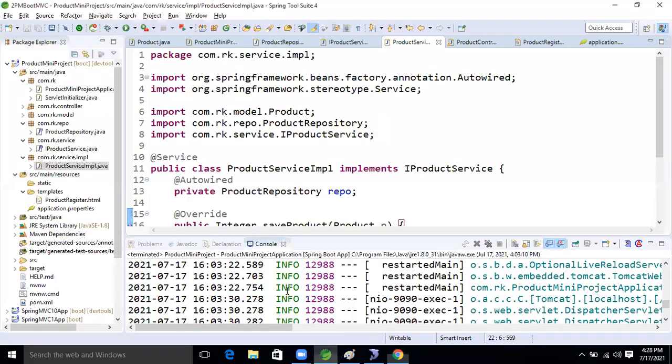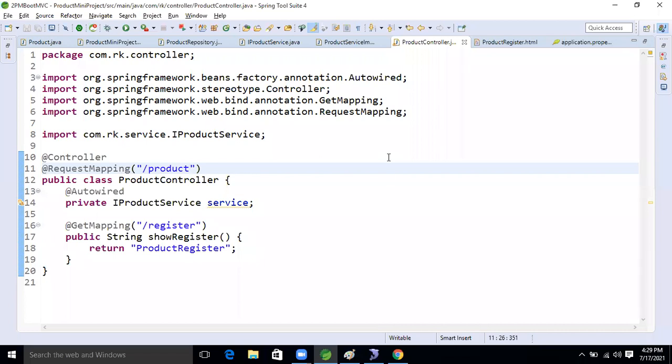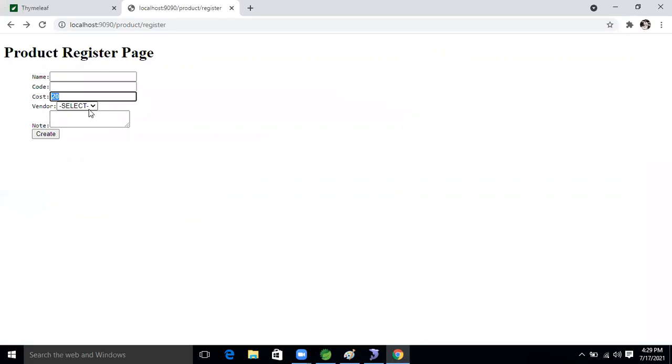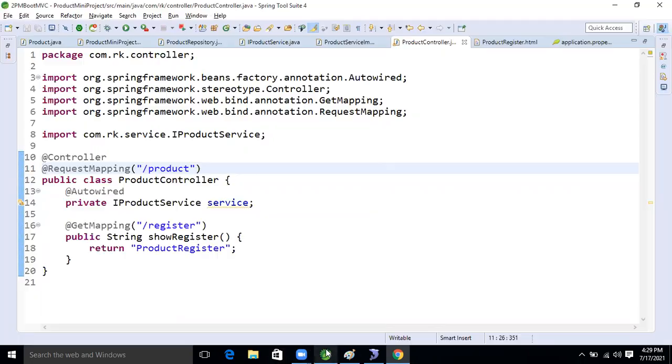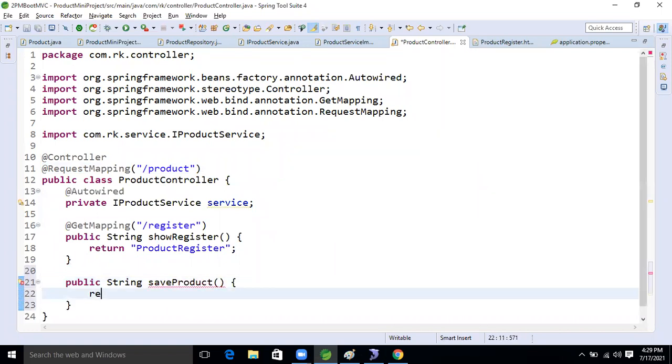Okay, let's read this form data in our controller class. Are you ready? Since it is form data, which kind of request method will we use in our application? Post. Very good. Let's take one method: public String saveProduct. Now here, I'm just going to return